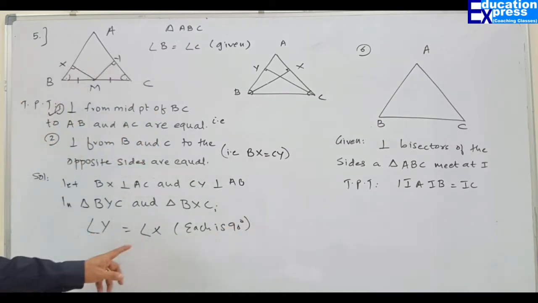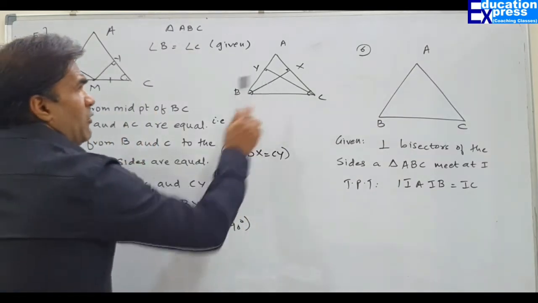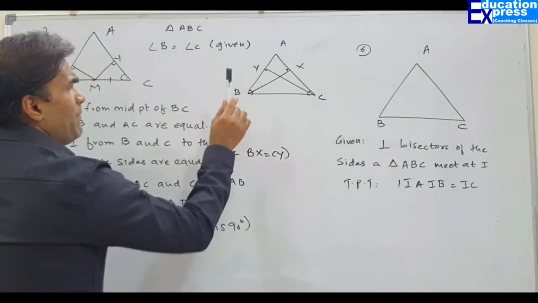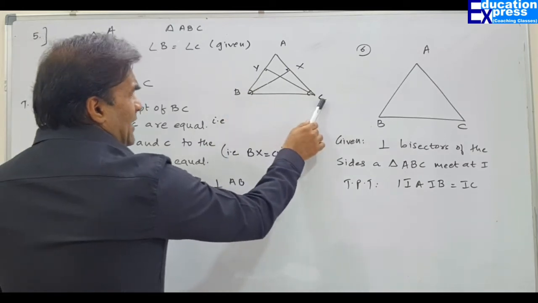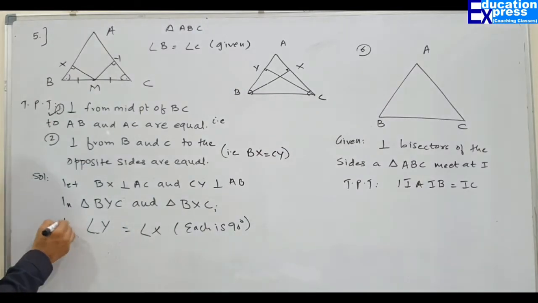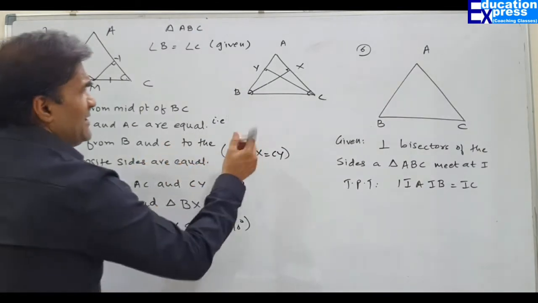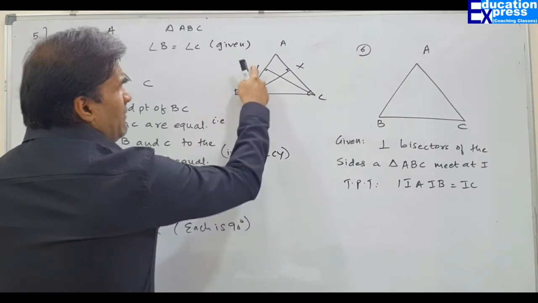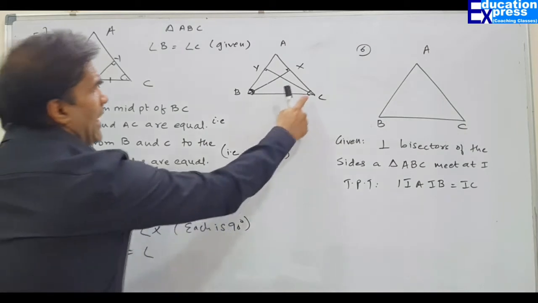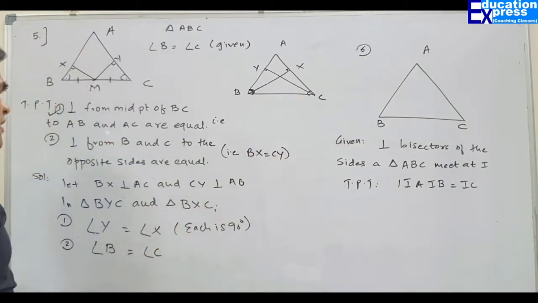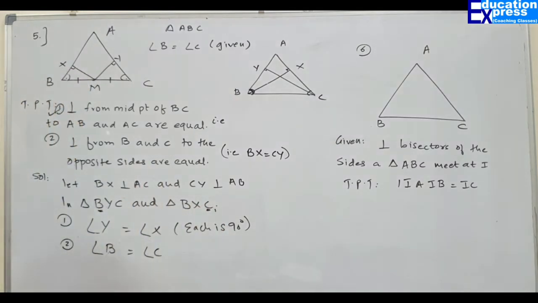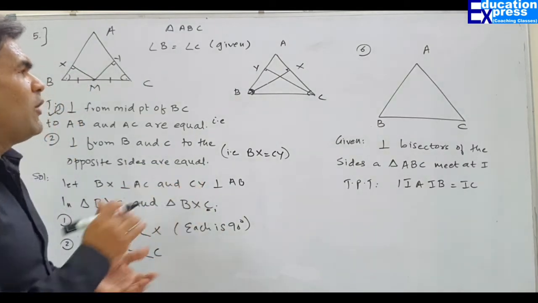Though I am writing a shortcut of the angles, whenever you are writing in the exam, do write the entire name of the angle, like angle BYC is equal to angle BXC. That way you need to write. Please make a note of the same. Second one. Sir, can I say this angle B, because BYC, so angle B is there. So sir, angle B is certainly equal to angle C from this triangle. Wonderful. So B from here is equal to C from here. That is also right. So that means two angles we have already found.